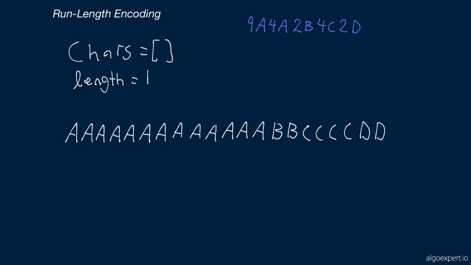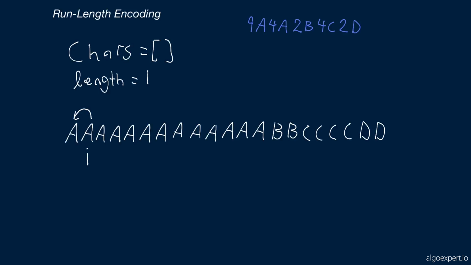And then what we'll do is we'll start iterating through our input string, but we'll start at the second character. So we'll put I right there. This way, we already know we have a run of length 1 of whatever the previous character in the string is, and we can check whether we need to extend this run or whether a new run has occurred. So the basic process is we're going to loop through and compare the current character that we're looking at to the previous character in the string. If these two are the same, we will add 1 to our length. If they are not, we will take whatever our current run length was and the previous character and add that